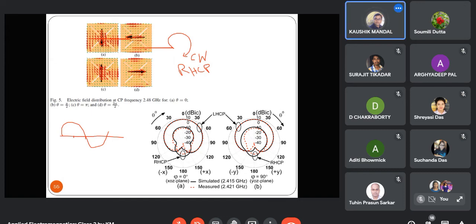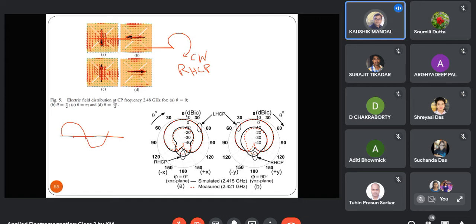I think there is some... আচ্ছা, আমার মনে হচ্ছে লেফট হ্যান্ডেড আর রাইট হ্যান্ডেড এর মধ্যেই এটা কিছু আছে।